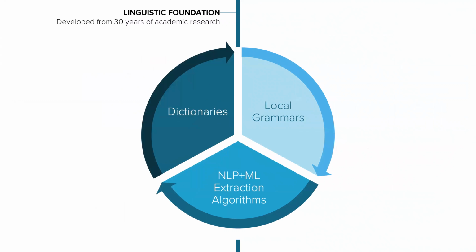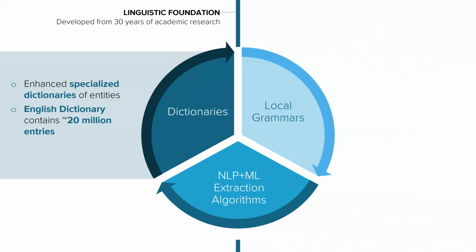So to explain how the indexes or the feature engineering works in ayfie, it helps to look at it in 3 parts or 3 phases. So ayfie uses dictionaries, semantic dictionaries that specify all the different forms, the simple and complex words in that language. It includes specialized dictionaries of entities like the people, locations, organizations we looked at. And it also includes technical vocabularies that get identified at this phase from that language. So as an example, the basic English dictionary for ayfie contains about 20 million entries.